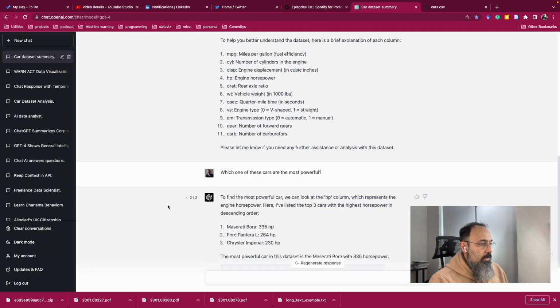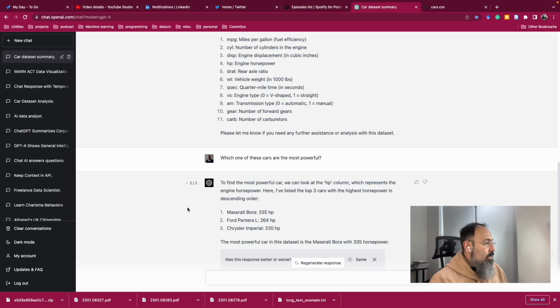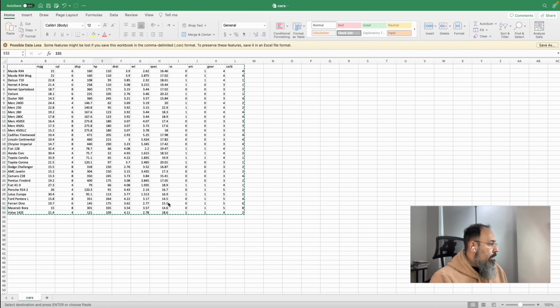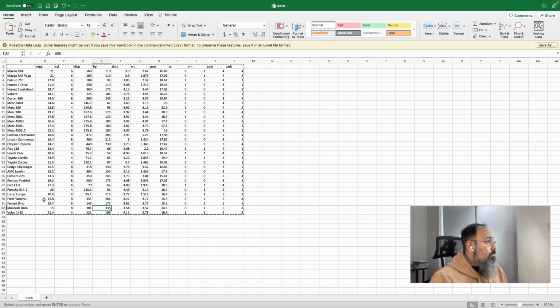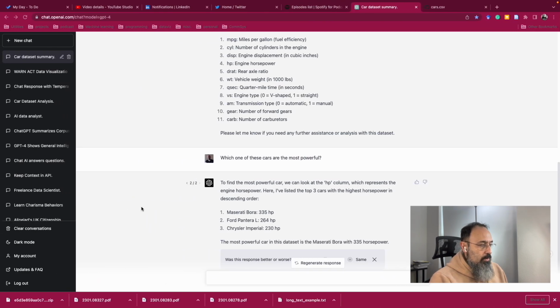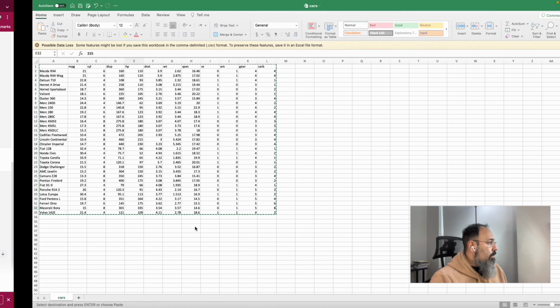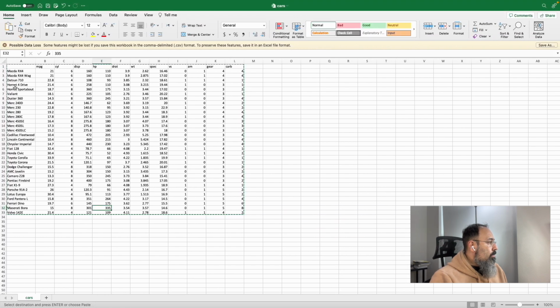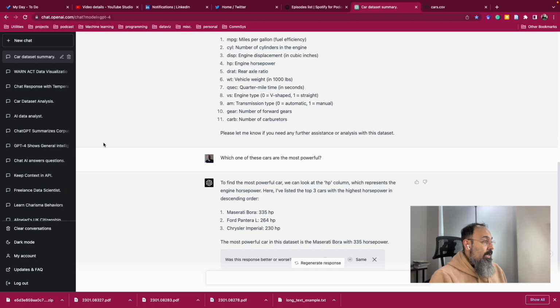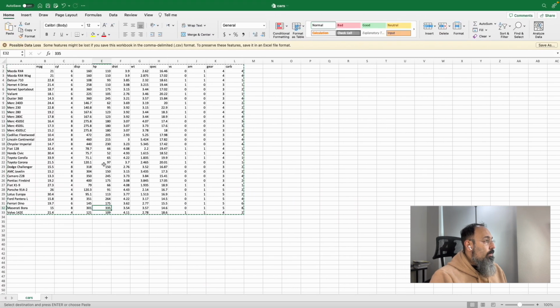That's correct. Ford Pantera 264, which is correct. And Chrysler Imperial 230. Huh. Okay. So it's correct so far. But are they the most powerful ones?